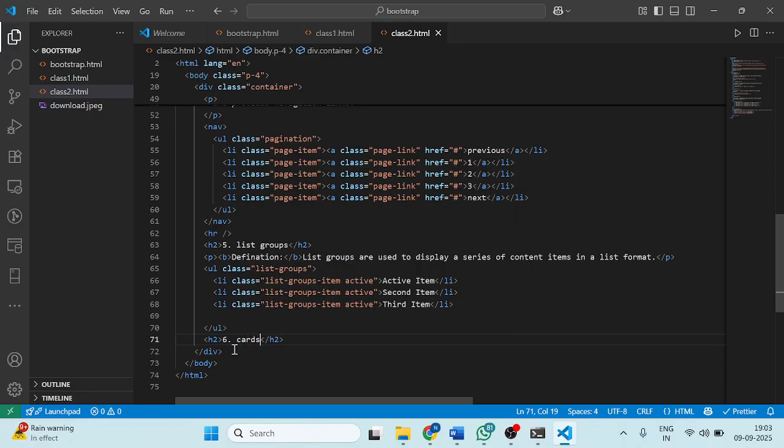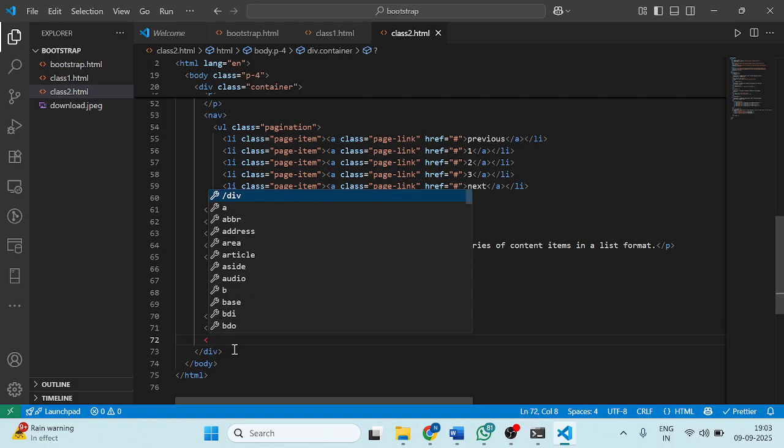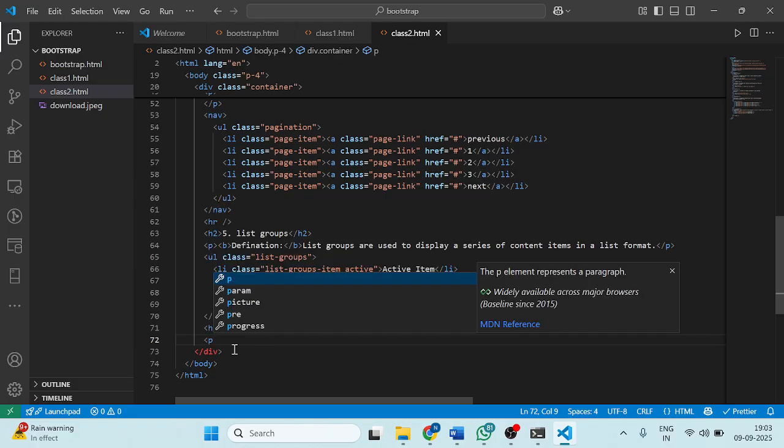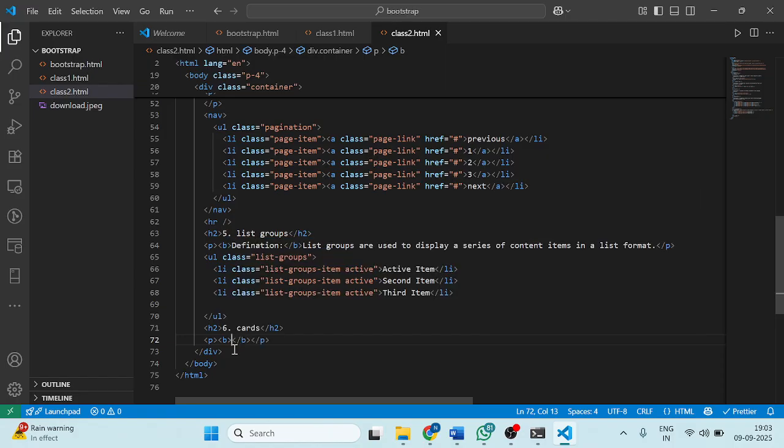Okay, so the cards will be the image cards and all those things. So I'm going to add the cards, so that will be the P tag, here the B, here I'm taking the definition. Okay, so after the definition,